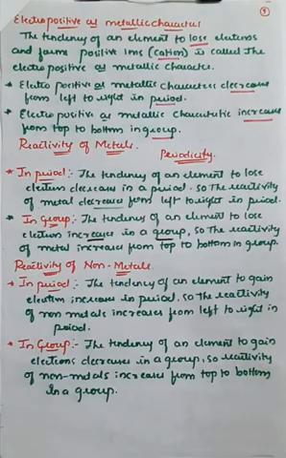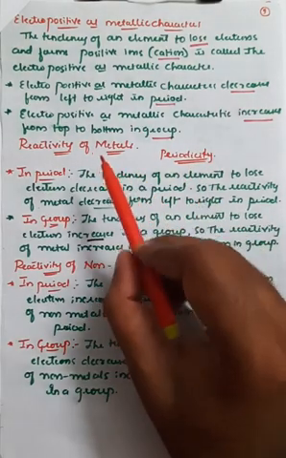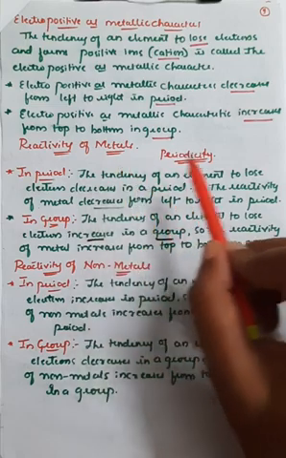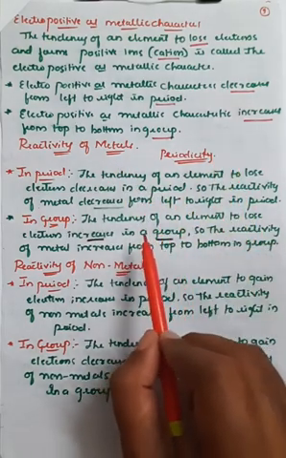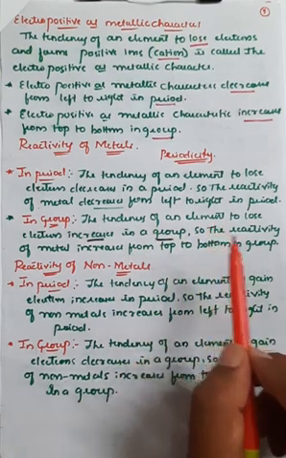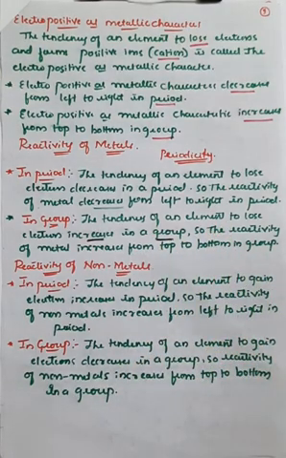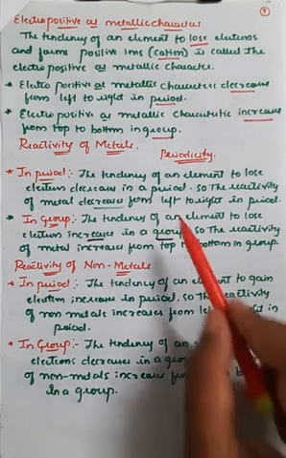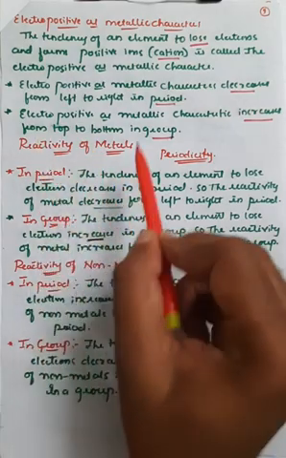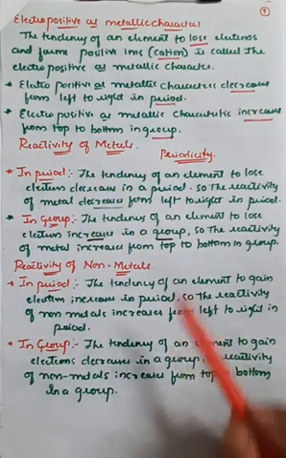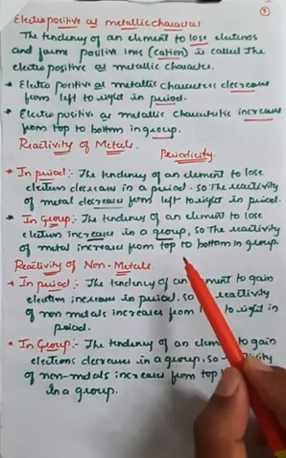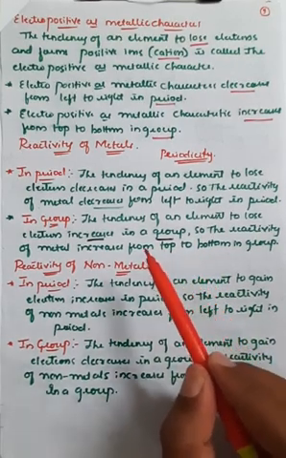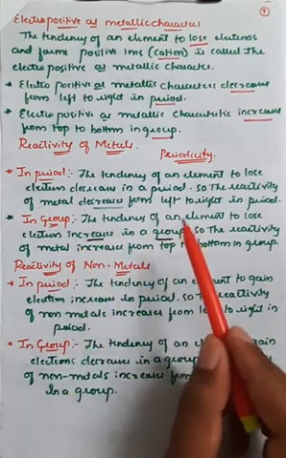So the value decreases when you move from left to right in the periodic table, that is, in terms of periods. But in terms of groups, what happens? The tendency of an element to lose the electron means it will convert into cation formation. Generally we call this the reactivity of metals. It can react, right? So the reactivity of metals, or tendency to lose the electron, increases in groups.